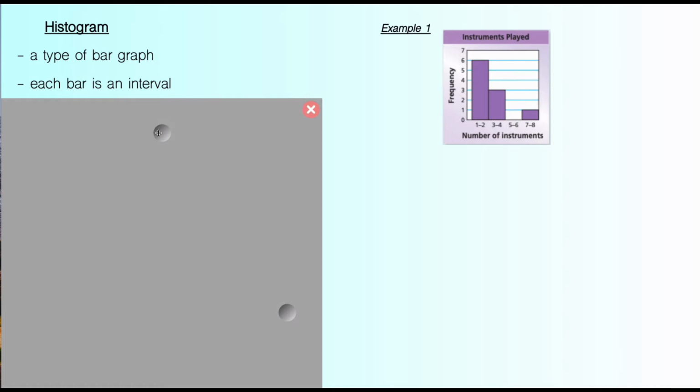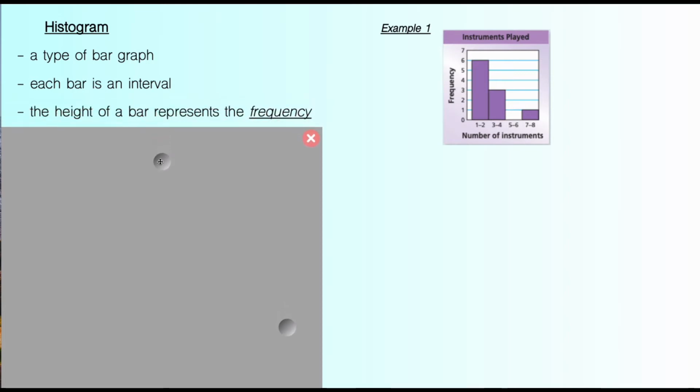Like the first bar in this graph is an interval of 1 to 2 instruments. The second bar is an interval of 3 to 4 instruments. The next bar, although it's empty, would be 5 to 6, and the next bar is 7 to 8. So each bar in this type of bar graph is an interval, and the height of each of these bars